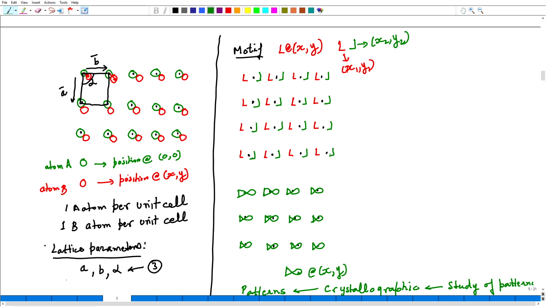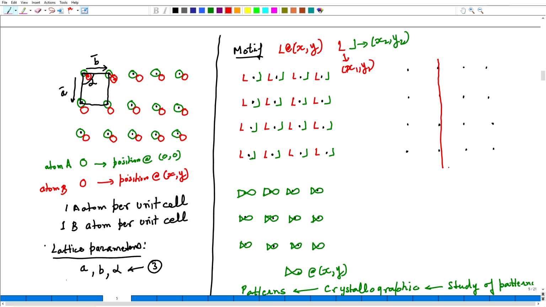Now, how is it different? Let us try to understand this, though we will be delving in great detail later. We have only looked at translation symmetry so far, but there are other symmetry elements that would also come in. So, for instance, if I now look at the same lattice, I will draw a separate figure here. One of the symmetry elements that we will look at among others is that if I